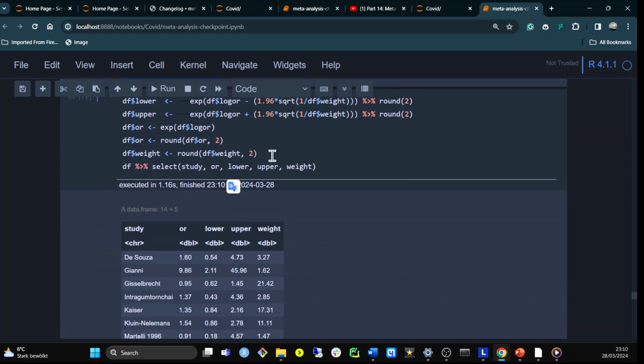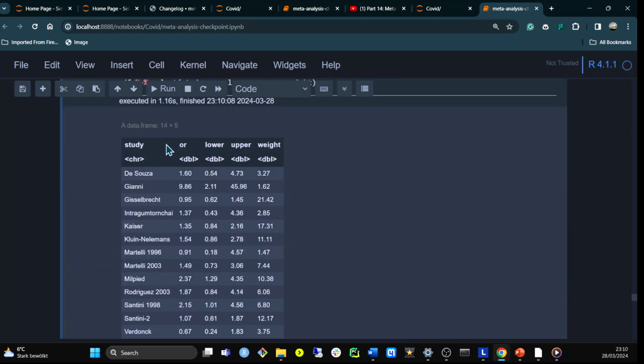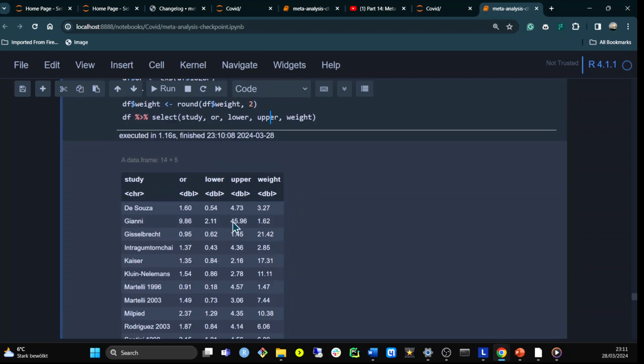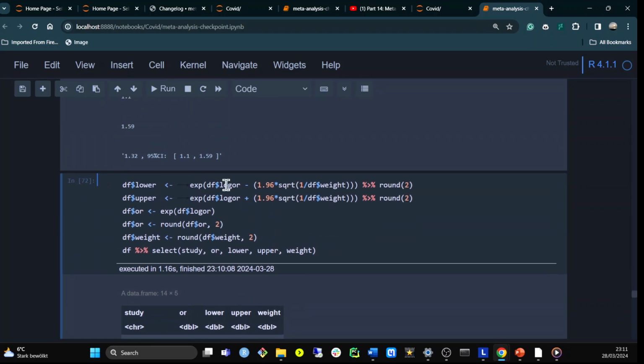If you are good in ggplot2, you don't have to use a forest function. Then you can plot it in ggplot2, like with an error bar, or something with a point and error bar. You can do the plotting even without using any package. But that's how you calculate the risk ratio and odds ratio without using any package. The Mantel-Haenszel method, what I showed you is just the Mantel-Haenszel method, but the Peto method we'll do in the next session. But that's really the basics of pooling, and